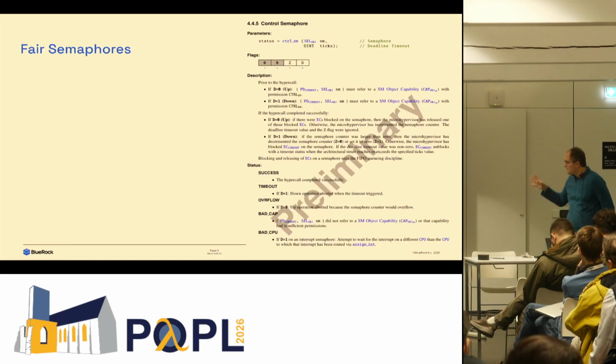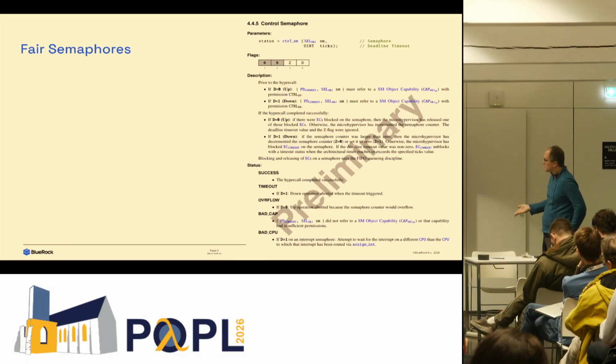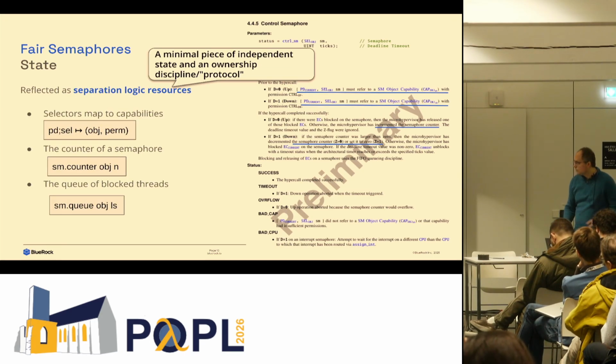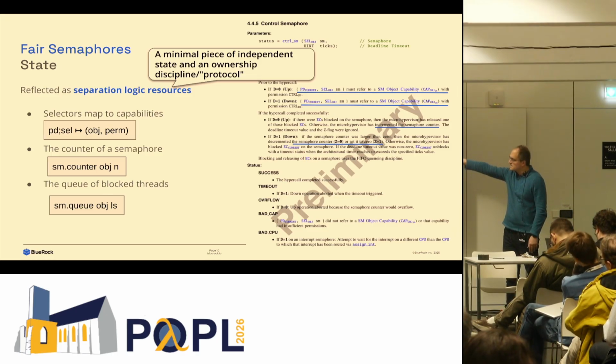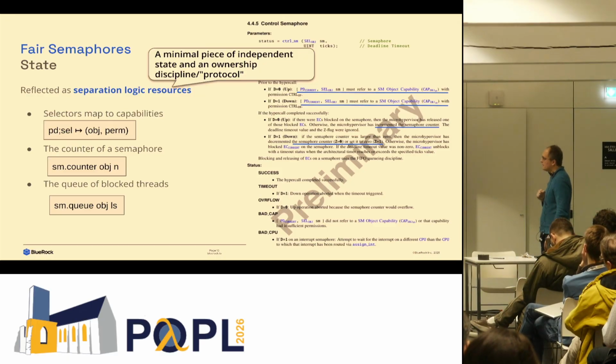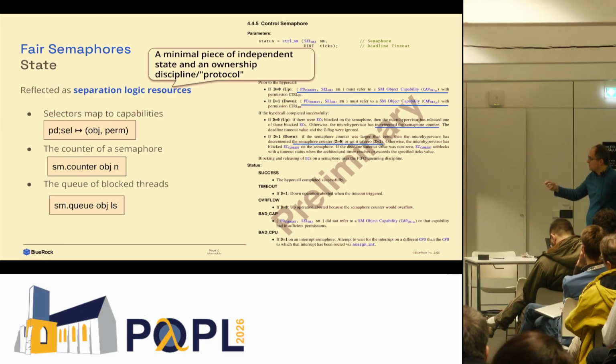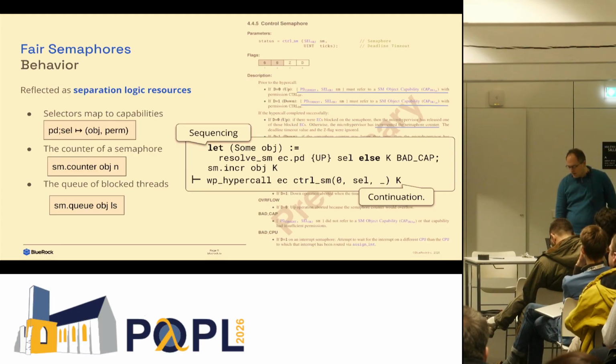So one of the features of Nova is fair semaphores. This is their informal documentation, which we've formalized. What we do is we expose the various pieces of this state as separation logic assertions. So here we've got like the counter. The value of the semaphore is exposed as sm.counter of an object and the number. And then we can